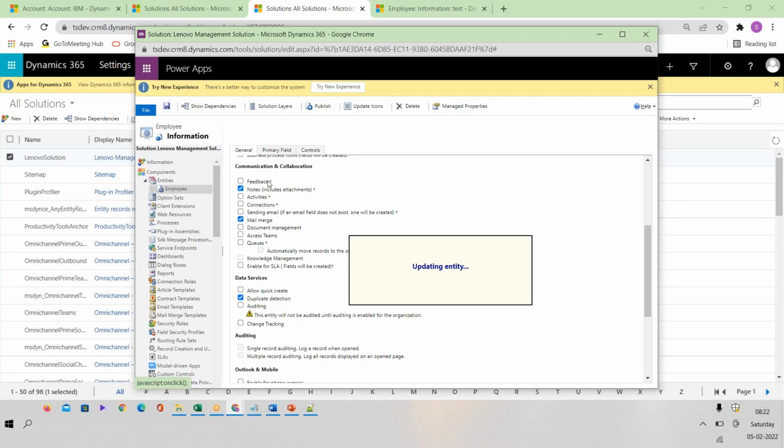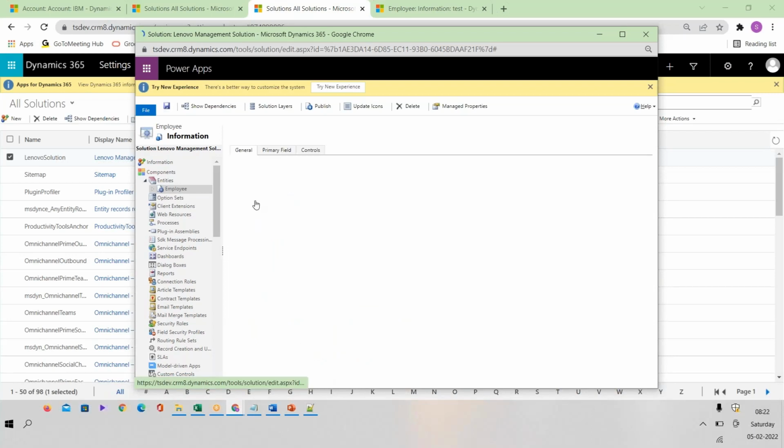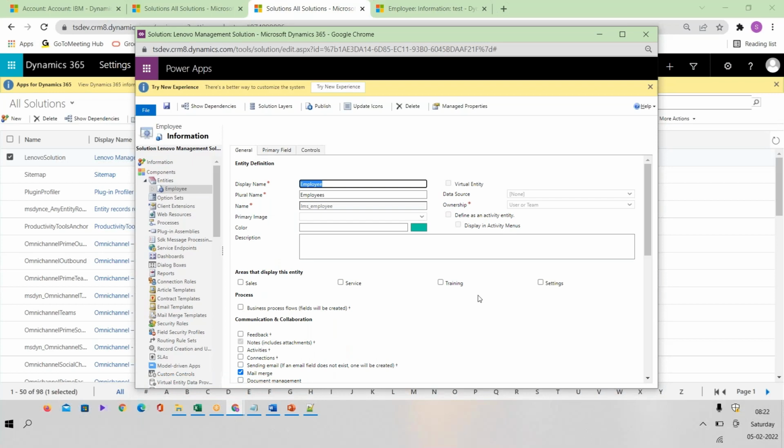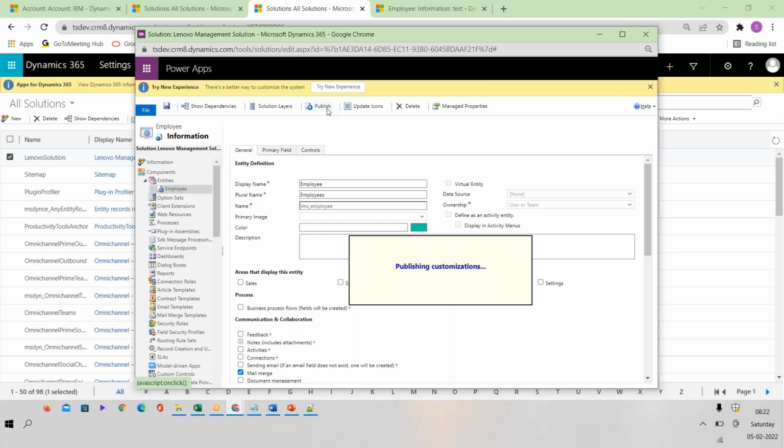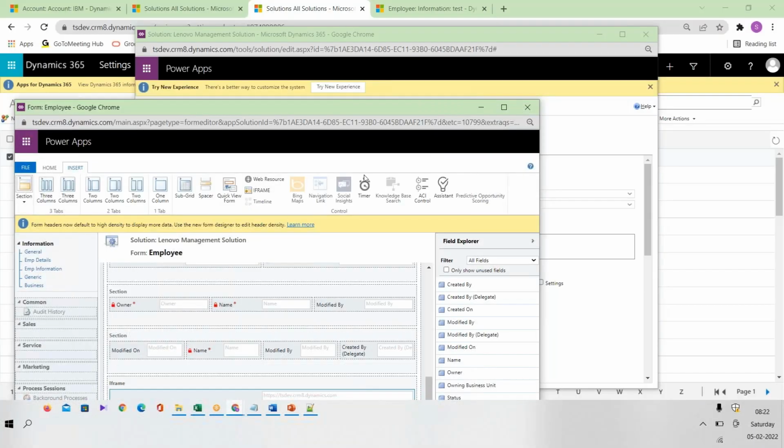See, for system entities, some of the options will be enabled, but for custom entities, you need to enable them as per your business. And once notes is enabled, it cannot be reverted. See here, this option is unchecked because once I save and publish, it will not revert back. That is the reason we need to enable these options as per the requirements. Now I enable the notes section. After enabling it, now come here,